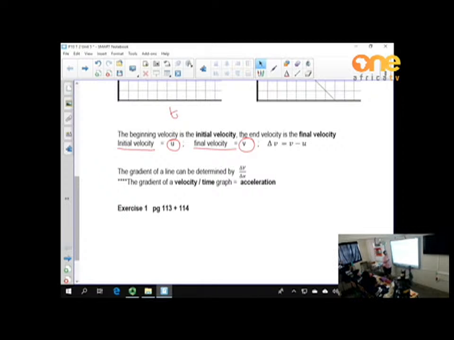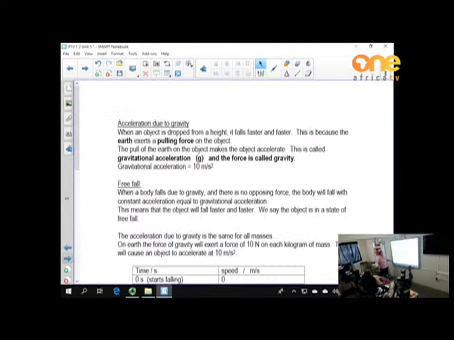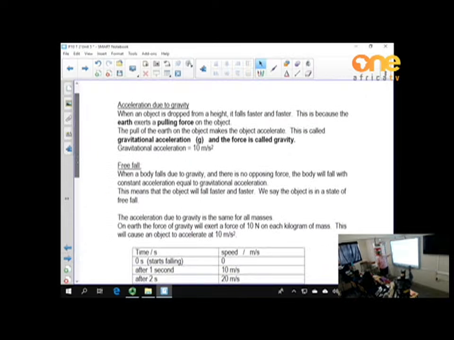We said we differentiate between a starting velocity and an ending velocity. The symbol we use for initial velocity is a u. Then we had a look at exercise 1, pages 113 and 114. Just what I've said over there, the gradient of a velocity-time graph will give me acceleration. Okay, now,